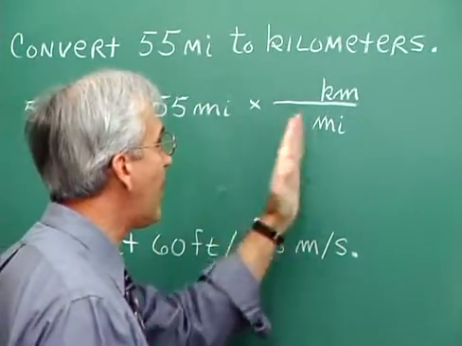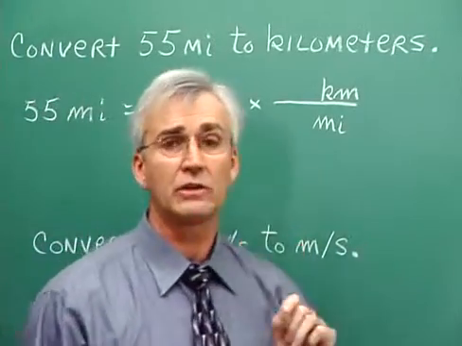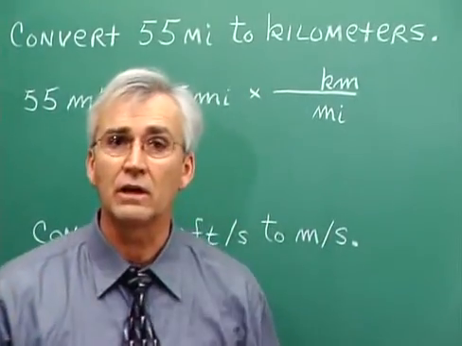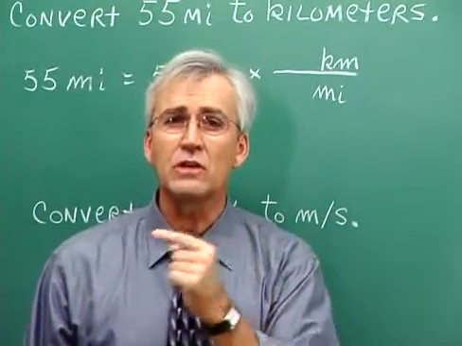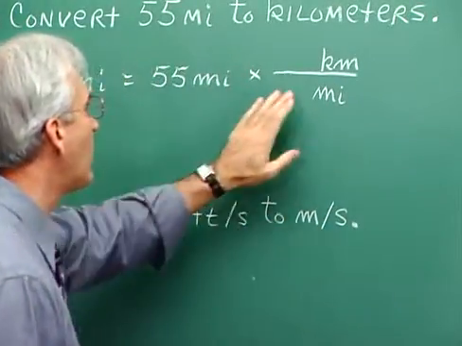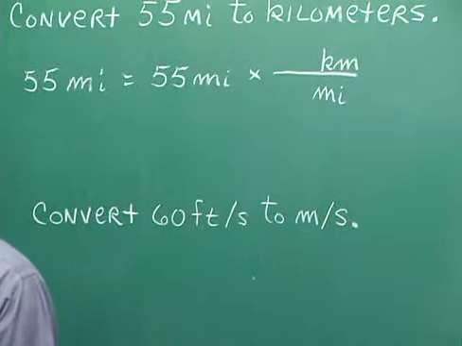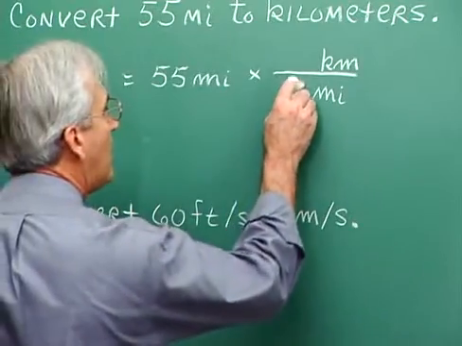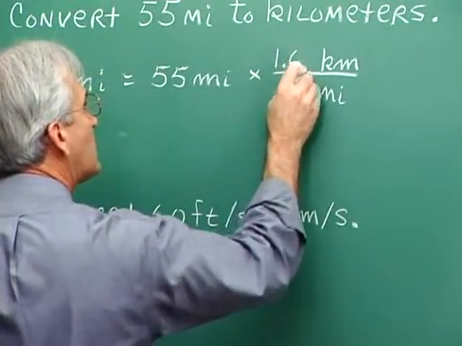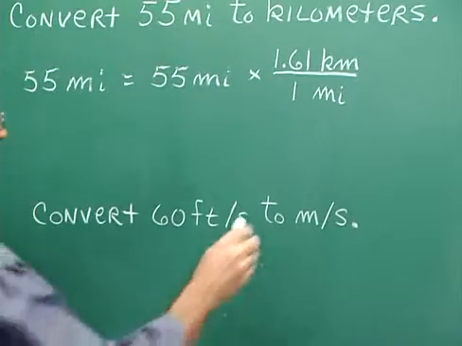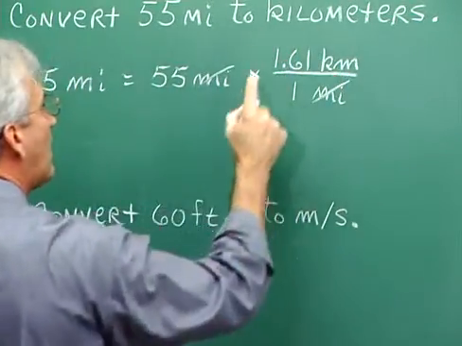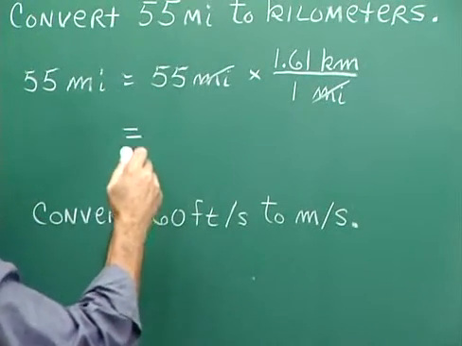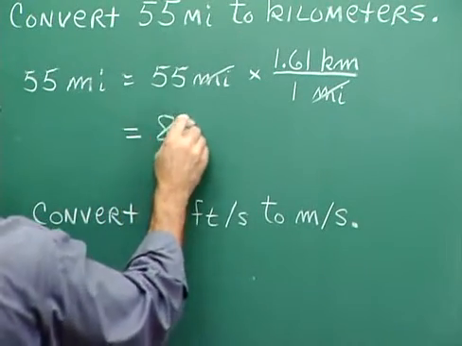I'm just going to look back over to the chart, and I'm sure you can look at the chart that you have written in your book. You don't have to look over here, but I need to because I can't memorize all of these things. So I'm using the chart just as a reference. I'll look back over here for kilometers and miles. Oh, I see that 1 mile is 1.61 kilometers. That's all that I need. I cancel those miles, and I have 55 times 1.61, and the result of that is 88.55,